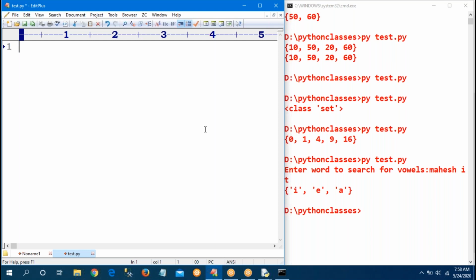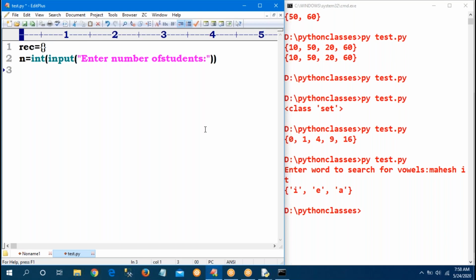Observe. First I want to take REC, record. Sir, empty curly braces means it is dictionary, not set. Input, enter number of students. Means how many students you want to enter? 3 or 5 or 10. Enter number of students. N I am taking. Sir, it is the string, I want to convert into integer. Perfect.